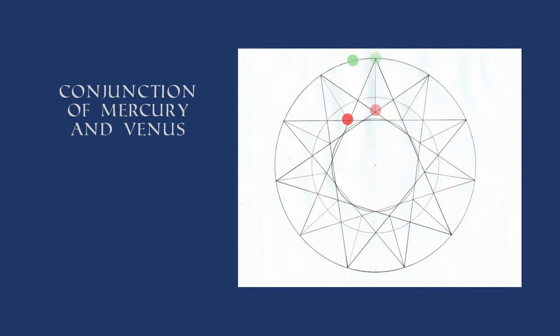Now, here they start moving. As you can see, Mercury moves a lot faster. Mercury's orbital period is 88 of our Earth days. So that fits very nicely with this 11-pointed star. Now, Mercury has done one complete orbit at this point, whereas Venus is just over 1/3 of the way around her orbit. So we'll carry on from here.